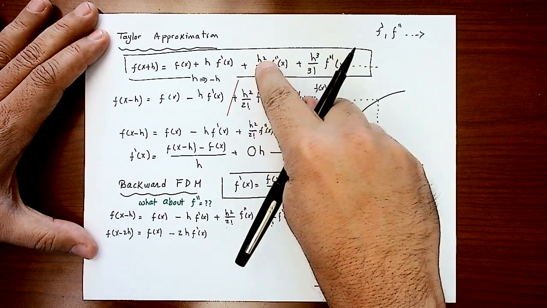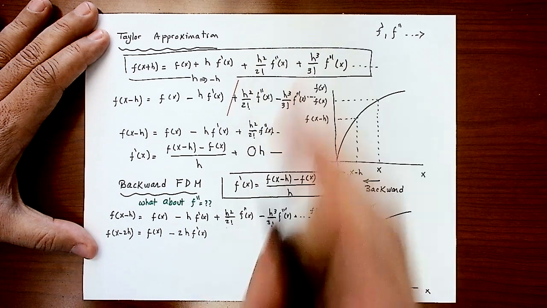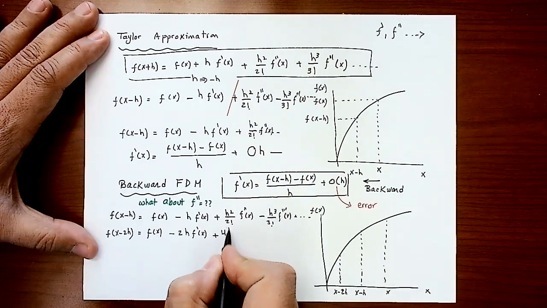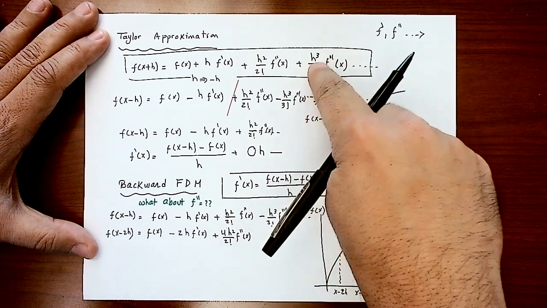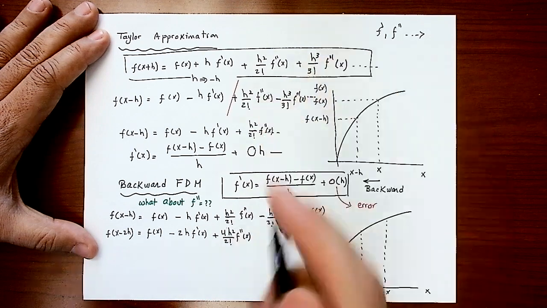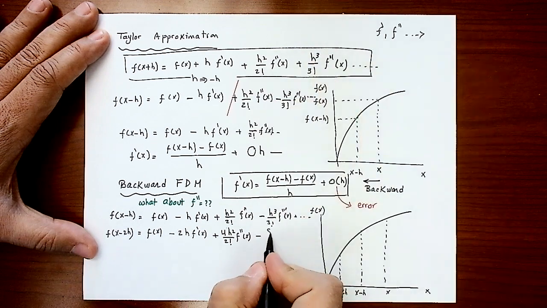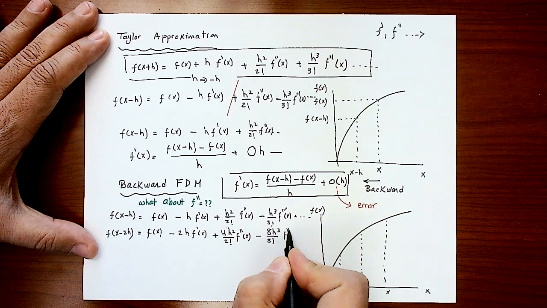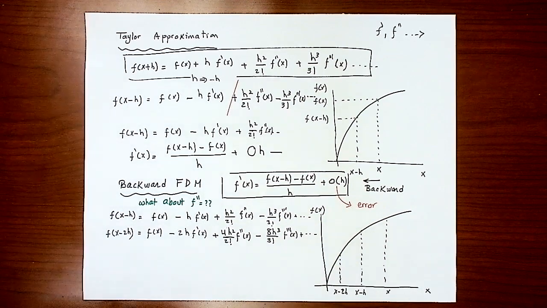H will be minus 2h, minus a square will be plus, 2 squared would be 4, so I will have plus 4h squared over 2 factorial f double prime of x, minus 2h cubed, negative remains, 2 cubed, that's going to be 8h cubed over 3 factorial f triple prime of x plus and so on, right? Now, let's actually get the